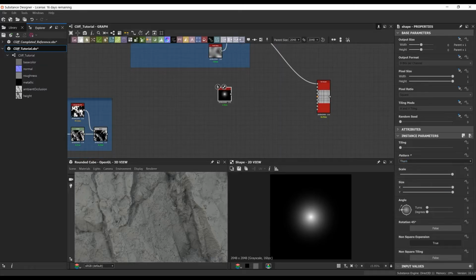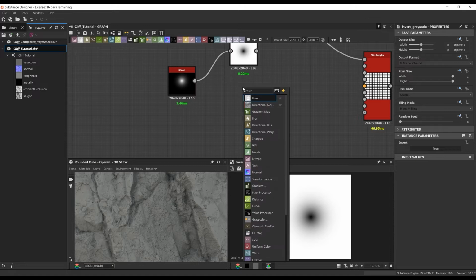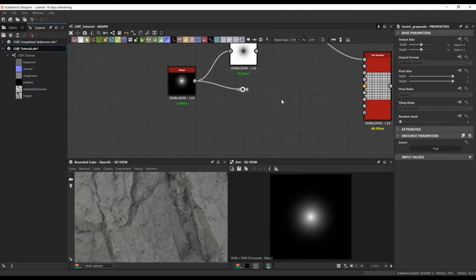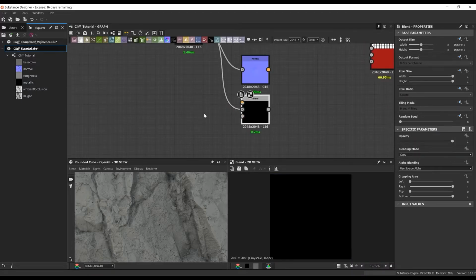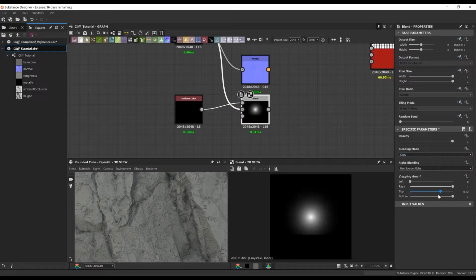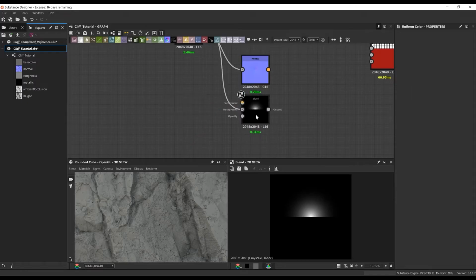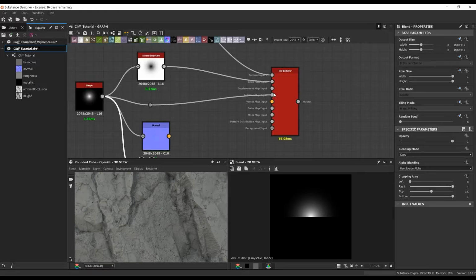From there, I'm going to plug in this new leaf shape into a tile sampler. Now, before I start using this tile sampler and messing with all these different settings, I'm actually going to create a few inputs that are going to help us in some of the actual parameters that we're going to mess with in the tile sampler. So here, I'm actually just doing an invert on the scale of this thorn shape that we created. I made an invert grayscale. I made a transform. The transform isn't really doing anything.